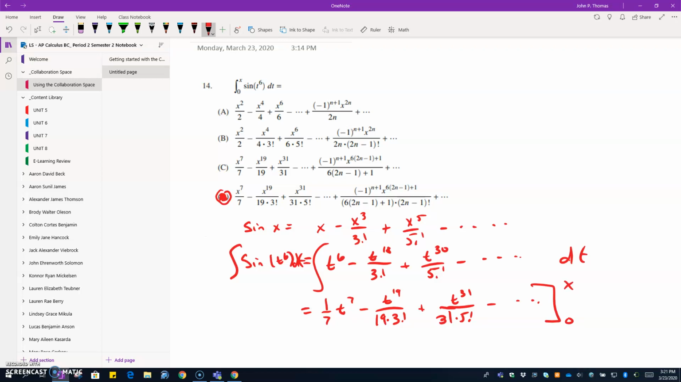The 0 makes every term of this disappear. The x is going to switch all those t's to x's, which would tell me that my correct answer would be D. Now again, this is just